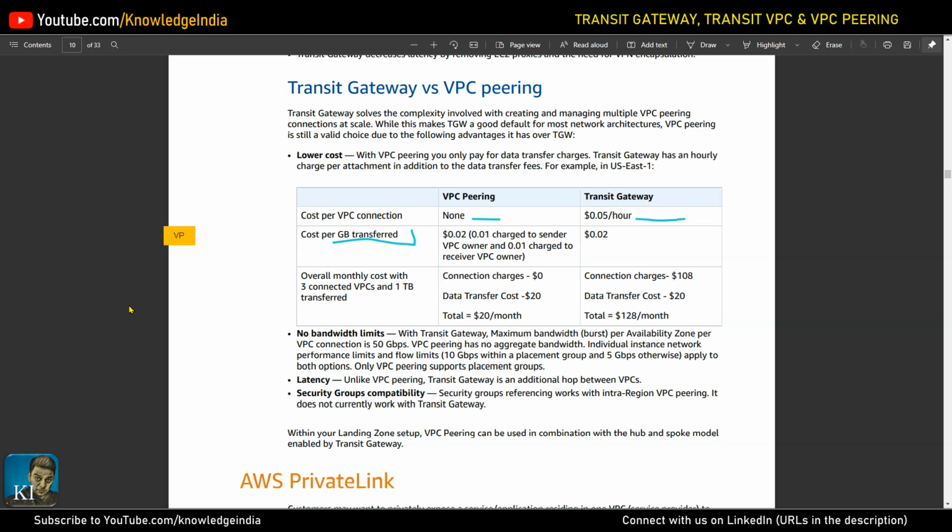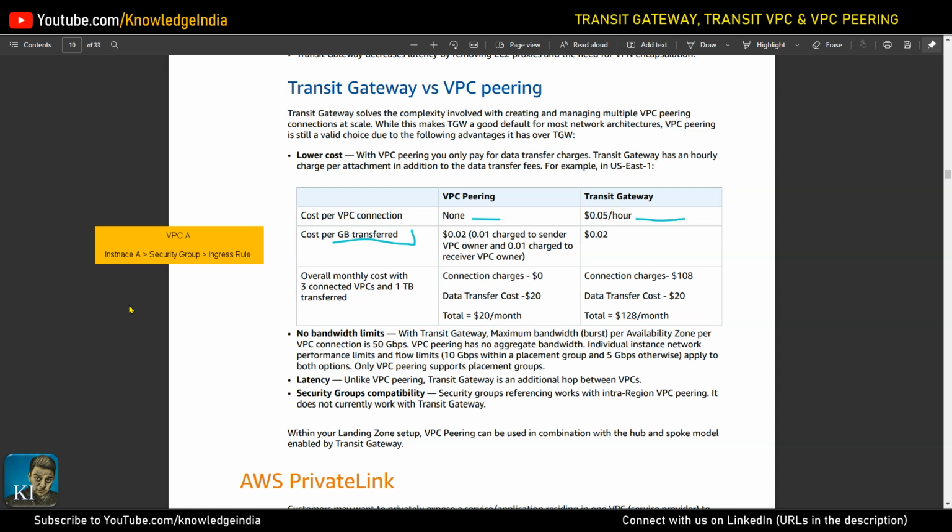You have VPC A, right? And VPC A and VPC B are peered, of course. So in VPC A, you have got an instance A. For this instance, in the security group's ingress rule or inbound rule, you can